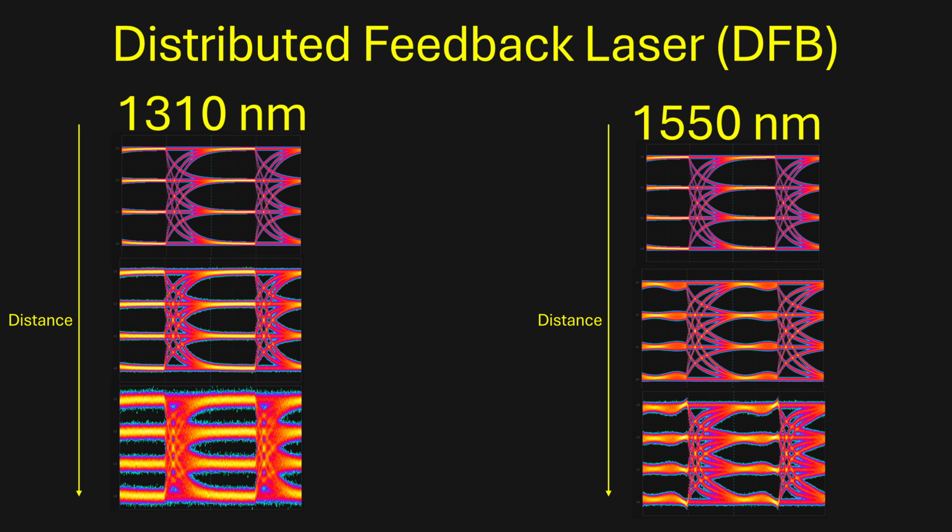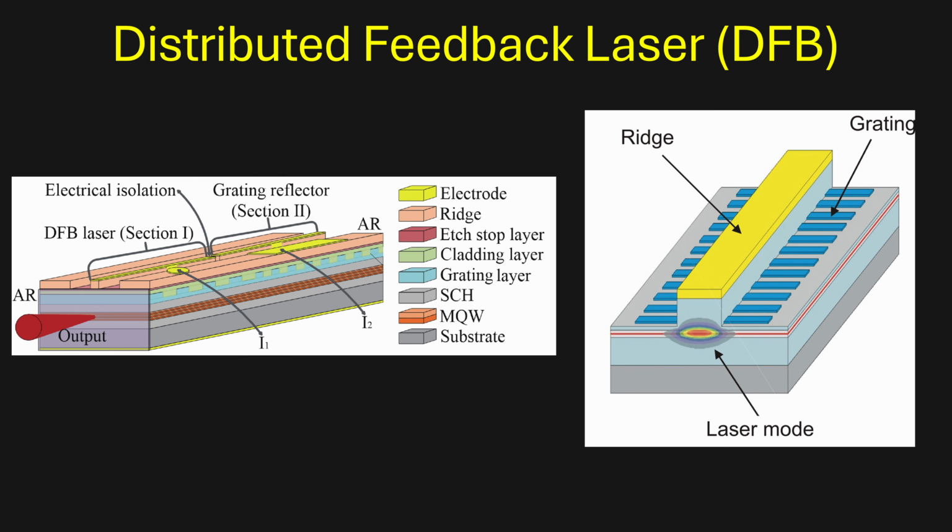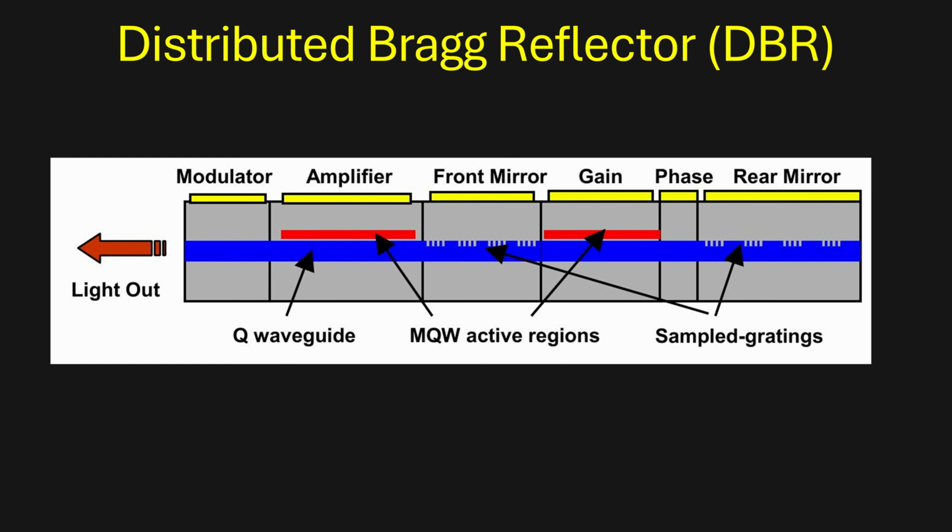So the trade-off is signal-to-noise ratio versus distortion, and it favors 1310 at medium distances and 1550 at long distances, especially with narrower line-width lasers and digital signal processing to filter out the predictable distortion. DFB lasers can be directly or externally modulated, and they are most common for high data rate, medium distance, single-mode fiber links. Distributed Bragg reflector (DBR) laser diodes are used for the longest distances and highest performing links, such as